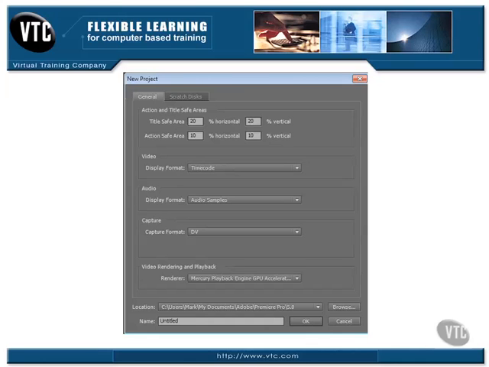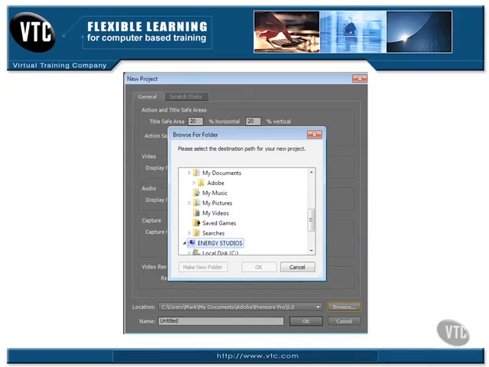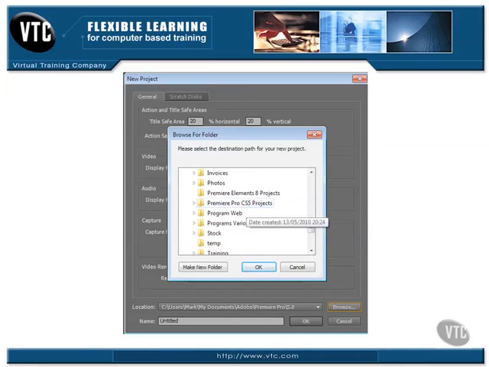Okay, I'm going to go back to the General tab now, and we'll go down to the bottom where it says Location and Name. Now, what this is asking me is the location. Where do I want to save the project that I am making? Now, I don't want it on this C drive where my operating system is and where the program is installed. I'm going to save it to my D drive, so I'll just browse and go to my D drive and just find the relevant folder, the Premiere Pro CS5 projects there, and I've got Cheshire Pub Walks as my overall